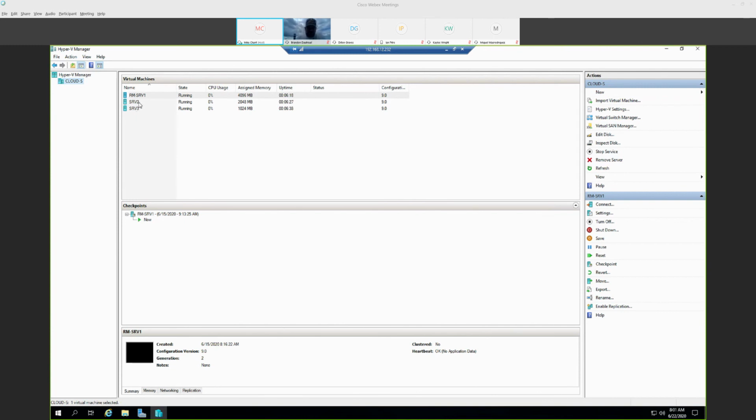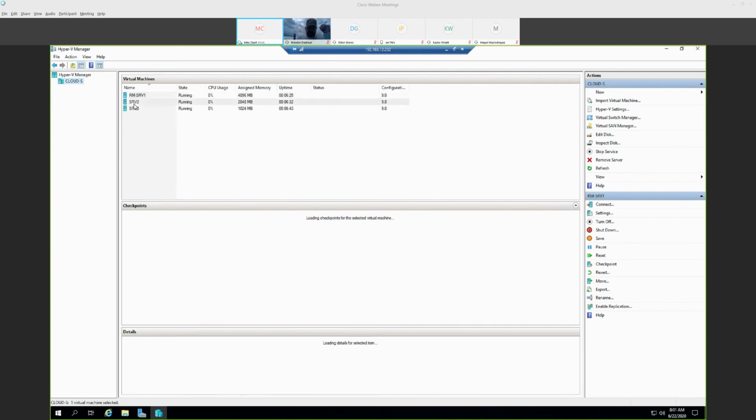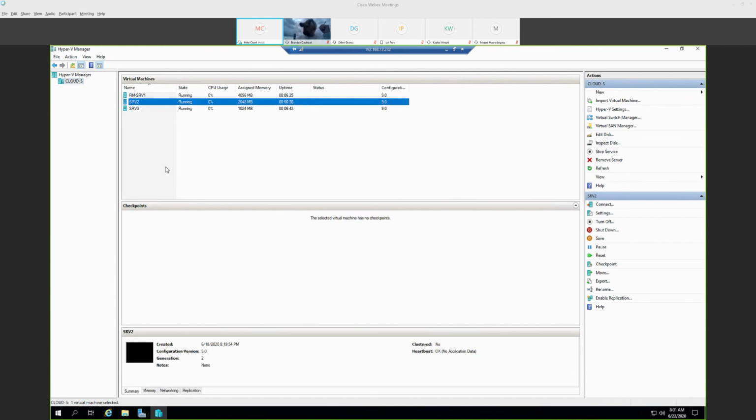But before we go there, we need to make sure we can ping by name. Each one of them should ping by name. So if I go over here to server 2,